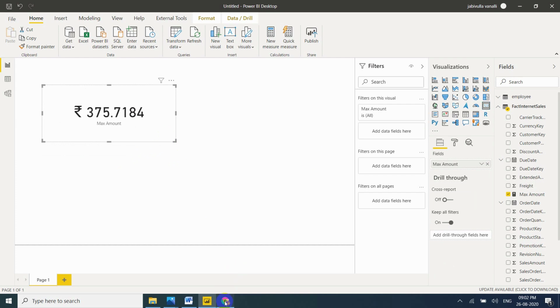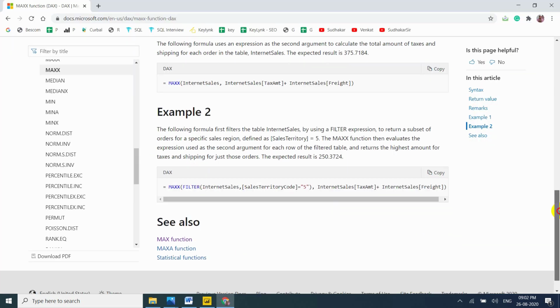Now I want to apply a filter. That means I don't want the maximum amount of tax plus freight for everything. I want a particular sales territory key equal to 5. Then we need to apply the filter. If you want to filter anything, you need to write the FILTER function. Very simple.